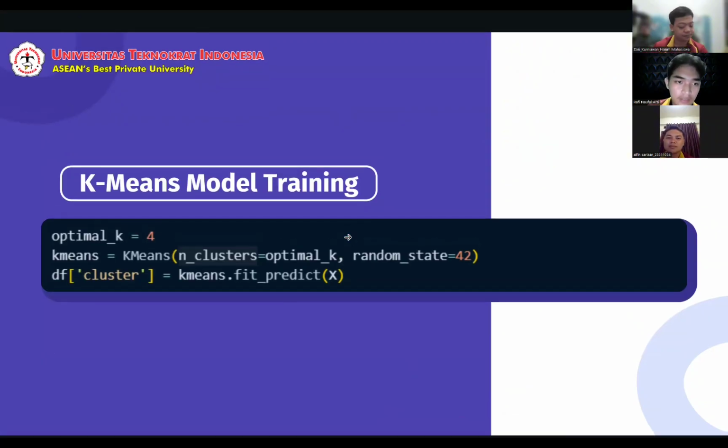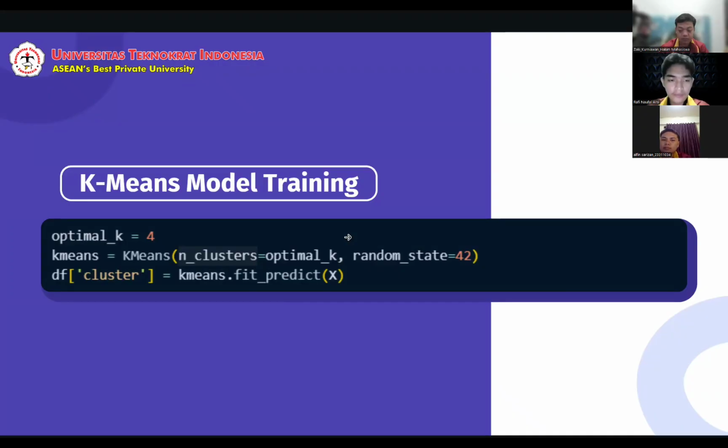Okay, thank you, Zaki. So, train the K-means model. This is the core of the clustering process, where the K-means algorithm is run to group data based on similar patterns. After the number of clusters K is determined and the data has been processed and normalized, this stage will calculate the initial centroid position, assign each data point to the nearest cluster, and then iteratively update the centroid position until they stabilize. The goal is to generate cluster labels for each transaction or customer, indicating which group they belong to based on characteristics such as purchase amount, total price, payment method, and transaction type.